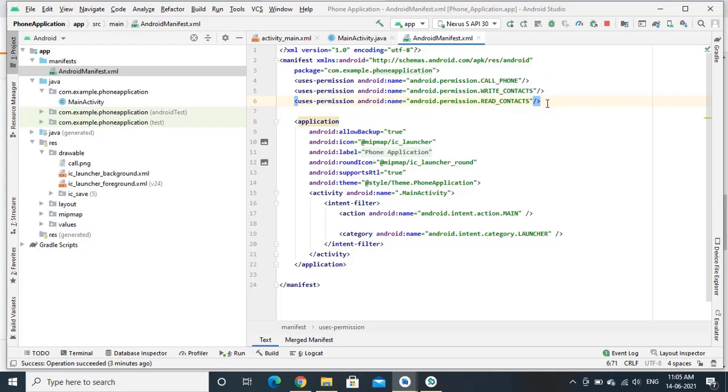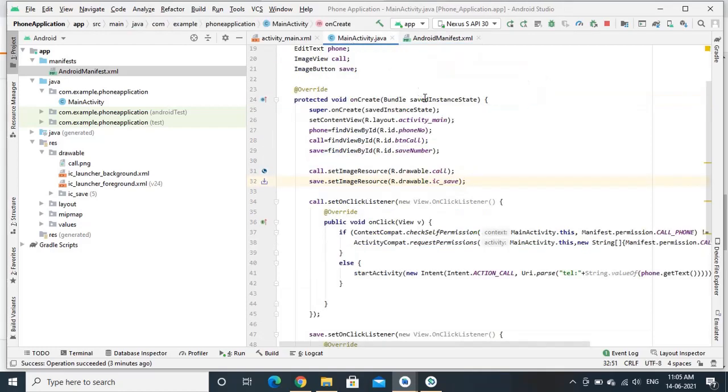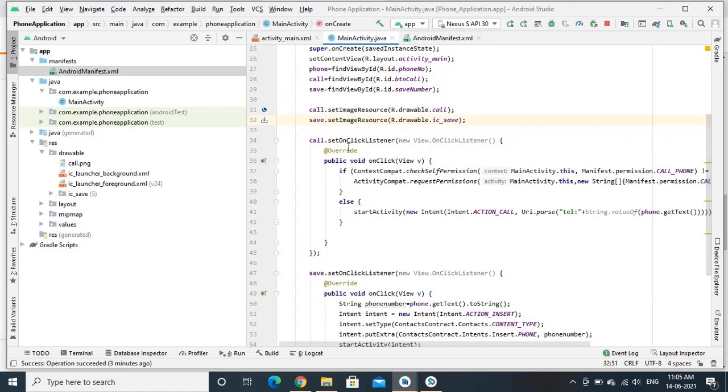Three permissions I have given: call phone, write contacts, and read contacts. Next, in MainActivity.java, we set the setOnClickListener for the two buttons. One is for call and one is for save. For call, I have used an image and given the setOnClickListener. And for saving, I have used an image button where I can display the image for the particular button.